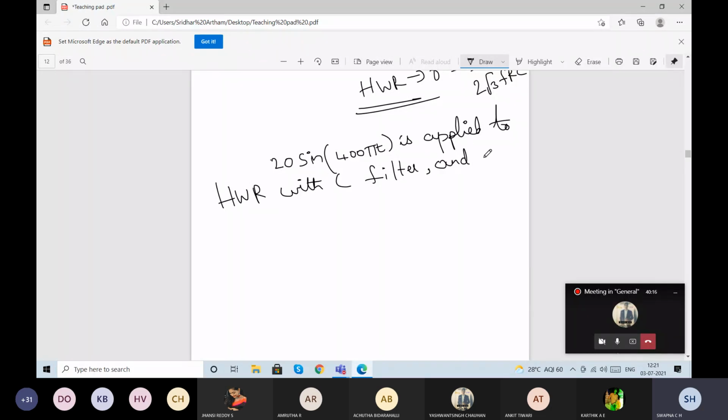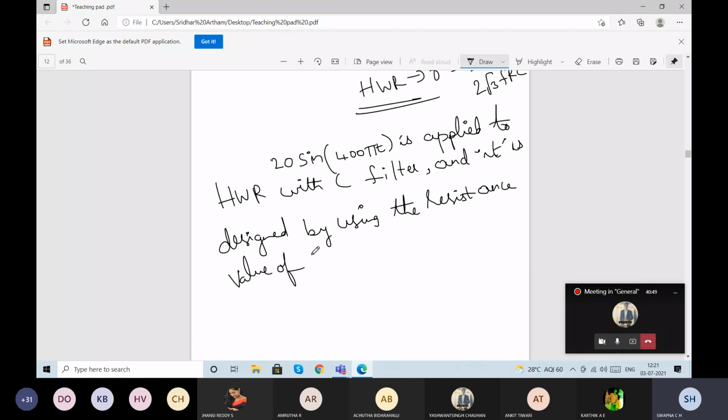It is designed by using a resistance value of 1 kilo ohm and a capacitance value equal to 0.1 microfarad. Calculate